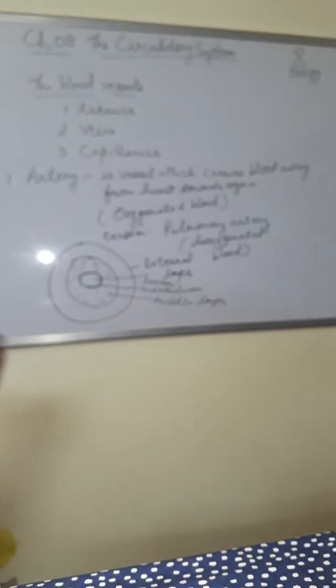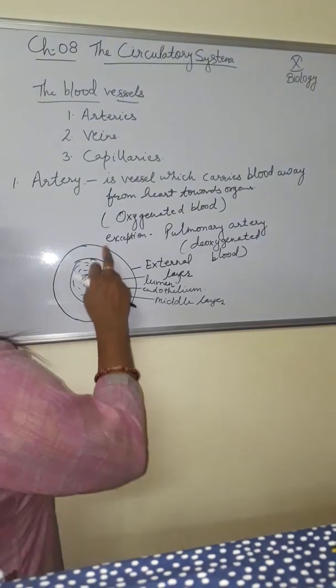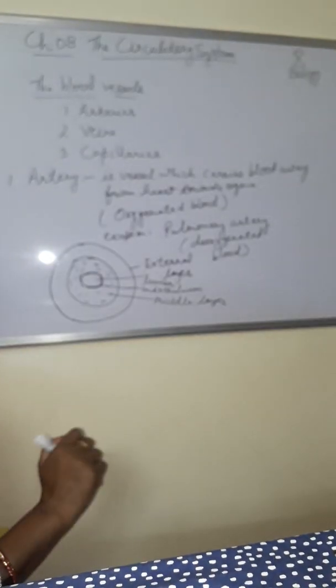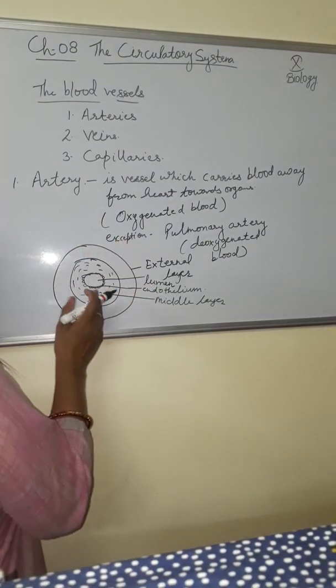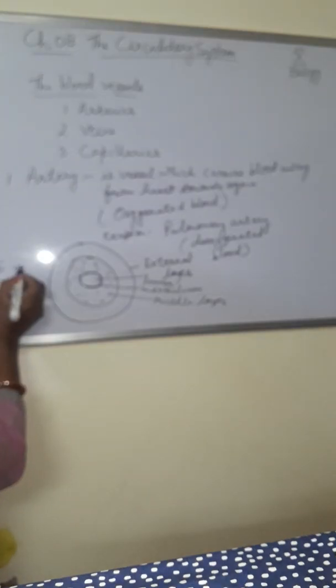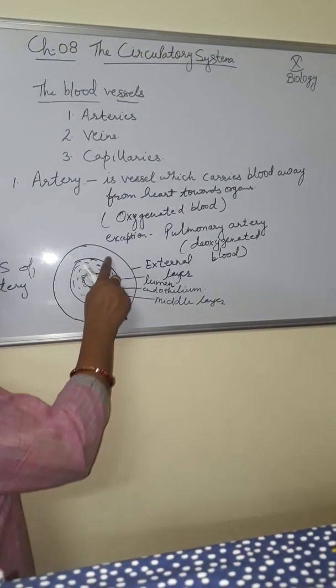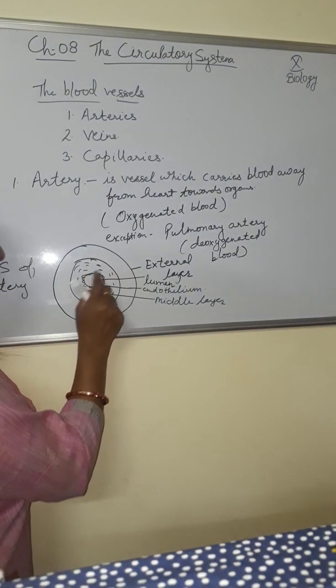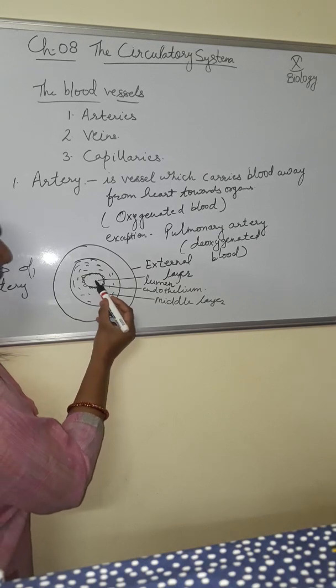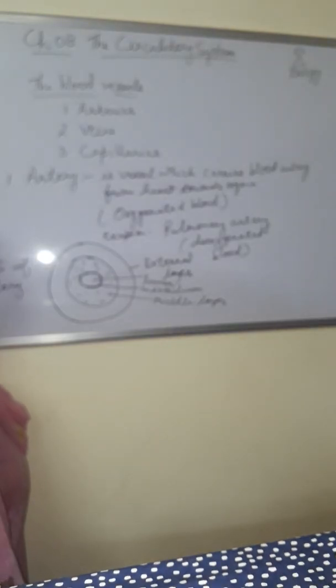इसका जो ल्यूमन होता है इसी से पहचानते हैं. वेन और आर्टरी में डिफरेंस होता है ऑन द बेसिस ऑफ द thickness of this external layer and the size of the lumen. See, this is the structure of TS of artery. This is TS of artery. It contains three parts, that is external layer, and this one is middle layer. This one is internal hollow structure. This is lumen. Lumen कैसा होता है?